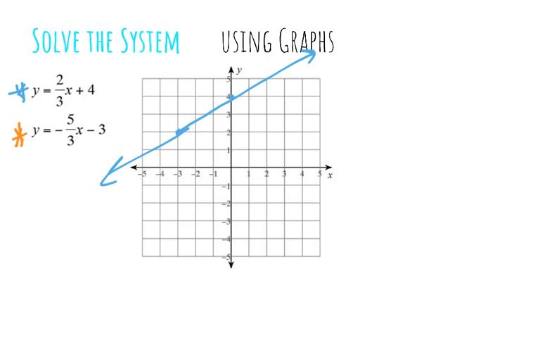So now let's look at our second one. Our y-intercept is at -3. Our slope is -5/3. And again, if I go down 5 and to the right 3, I'm somewhere over here, and it's not very accurate. So I can do it instead of